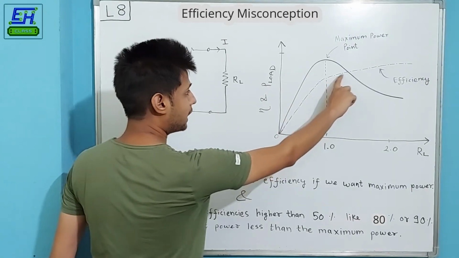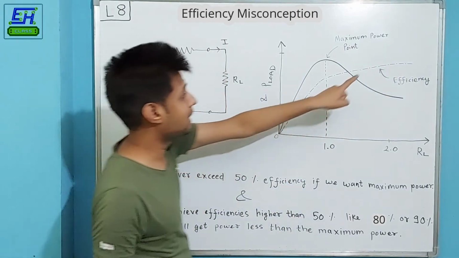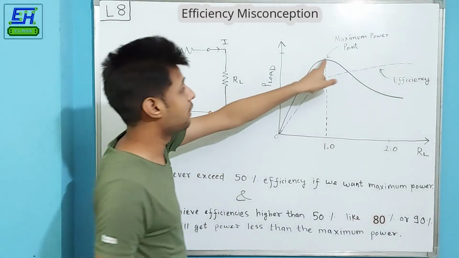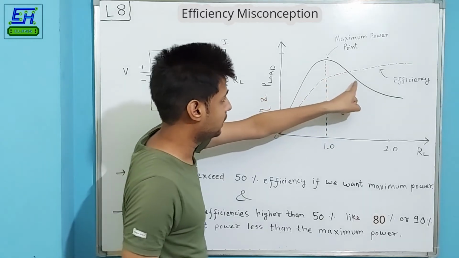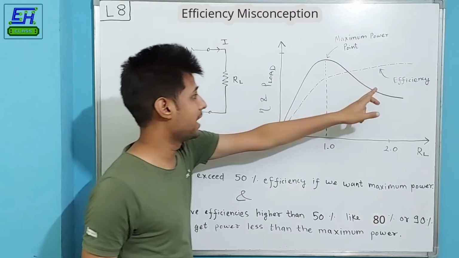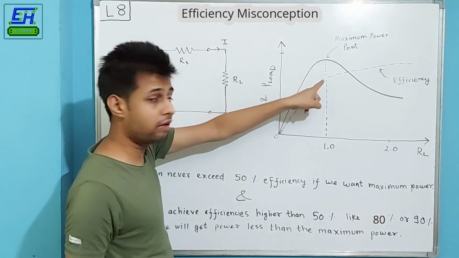But even after that point we can increase the efficiency, you can see, but with a catch that the maximum power which we can transfer will now be reduced. You can see that the maximum power which can be transferred at higher efficiencies is very much lesser than that of the maximum power which could be transferred at 50% efficiency.